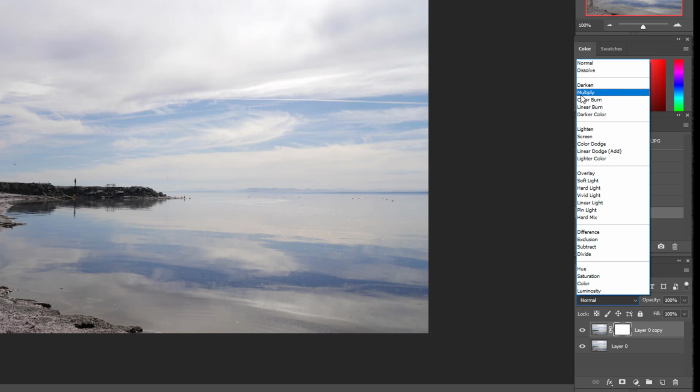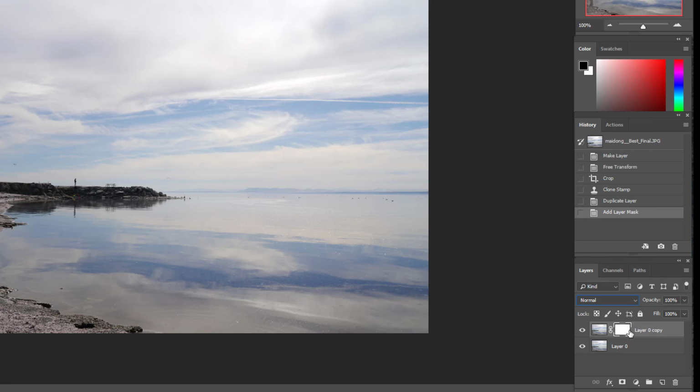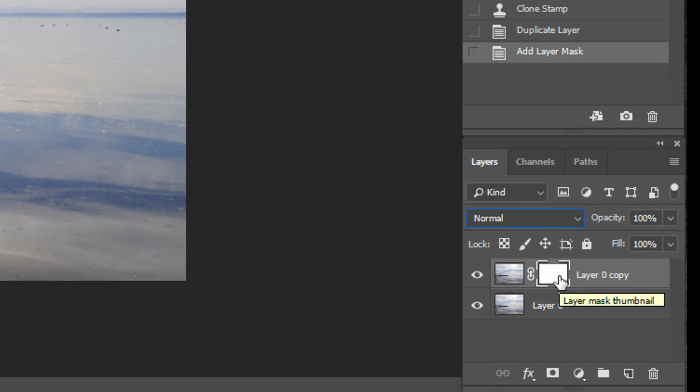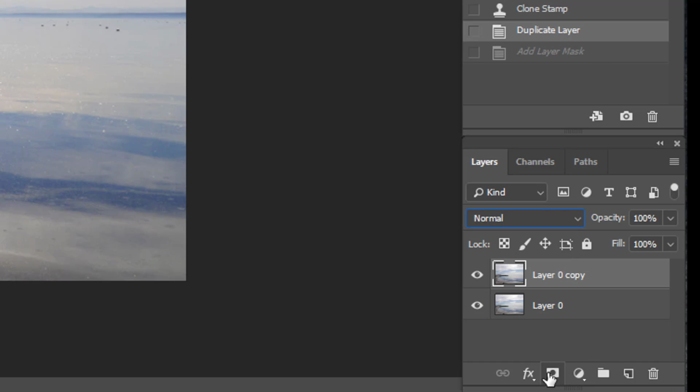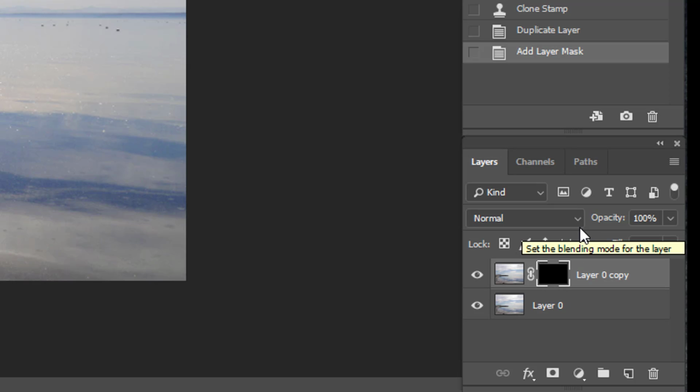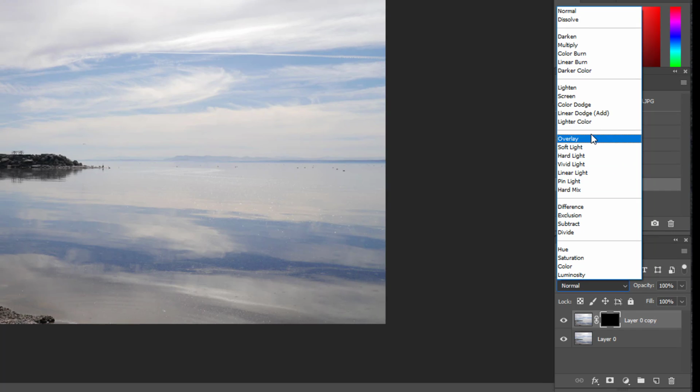Now remember, when we did this the last time, what happened was we got this white icon and it was surrounded by the little frame. Well, I'm going to delete that simply by going back a step. This time, when I click on the icon, hold down the Alt key when you click on it, and now what you get is a black icon, not a white one. When I click on my multiply,